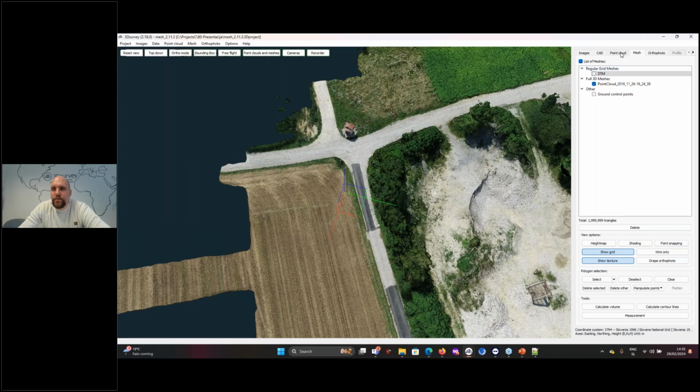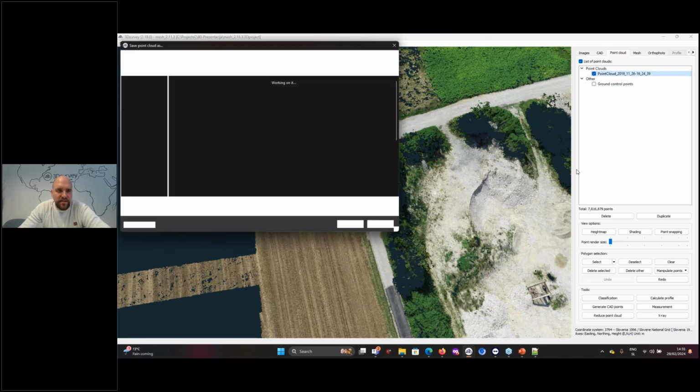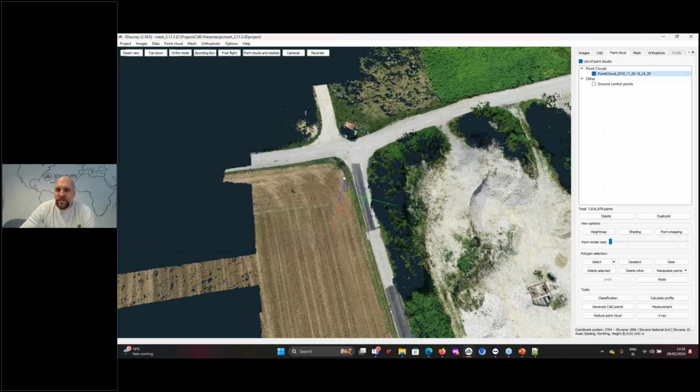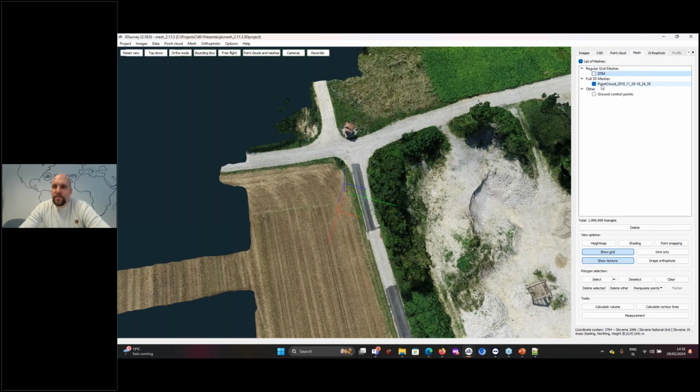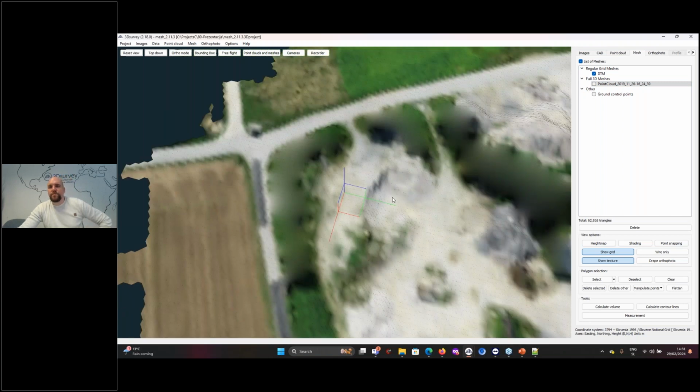Right, and we have our point cloud. So all of this data can be exported. You can just right-click here, press Save As, and select which data format you want to save it into. Most of this data can be imported into CAD software. Point cloud can be imported into AutoCAD and BricsCAD and some other CAD software. 2.5D meshes can also be imported in some CAD software. We have other webinars on our website where you can see how the workflow for that works.